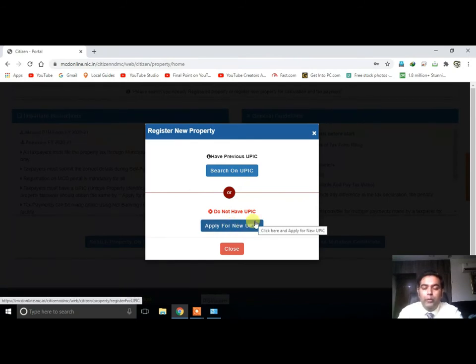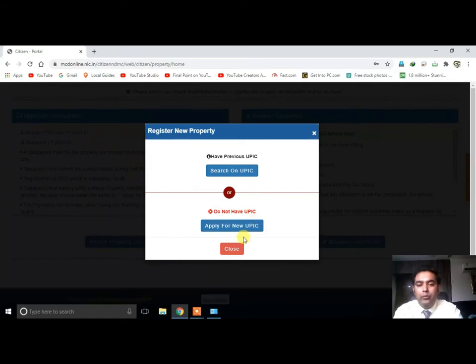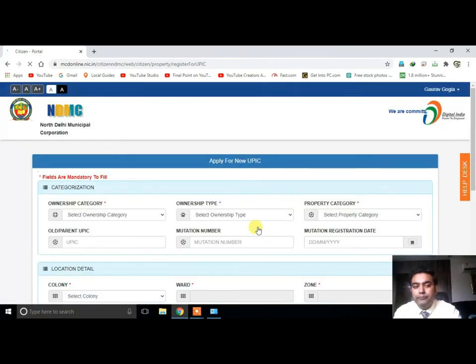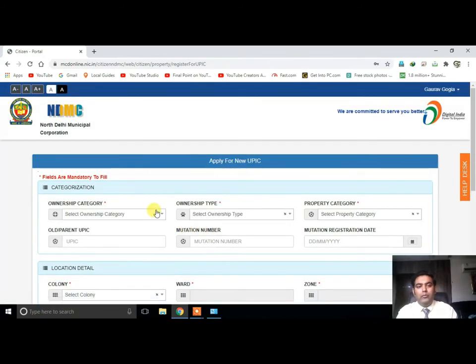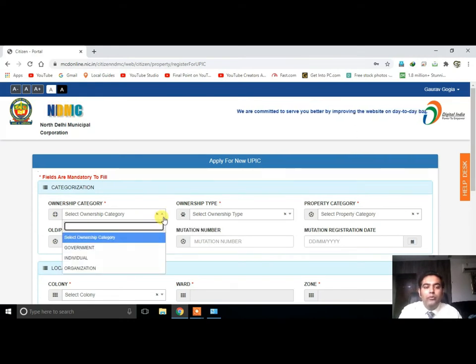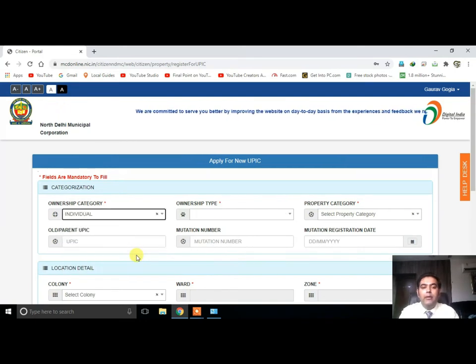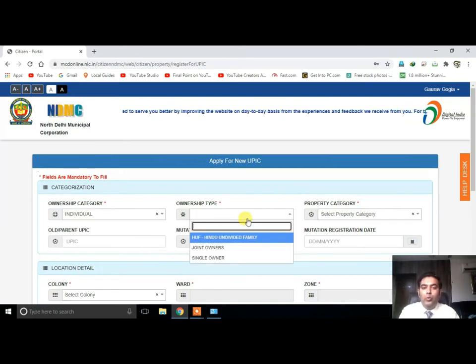Most of you will not have a UPIC, so you click on apply for new UPIC. Now select ownership category. As I'm an individual, I'm selecting individual. Ownership type: single owner.